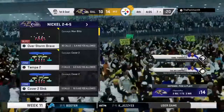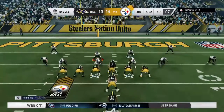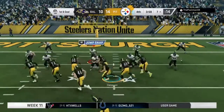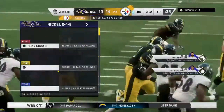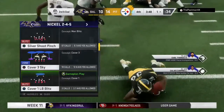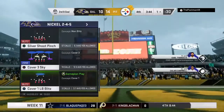Yeah, offensively, they had the bye last week. Defensively, did not. Is that really a big factor? Is that more talk during the week? I think the more that you talk about it, the more that you emphasize it, the more sometimes it comes true for your team. And he's going to press this one forward as they stop him right around the 1. A nice pickup of 6 there to get him closer to the end zone, and it'll be 2nd and goal. At the Ravens' 1-yard